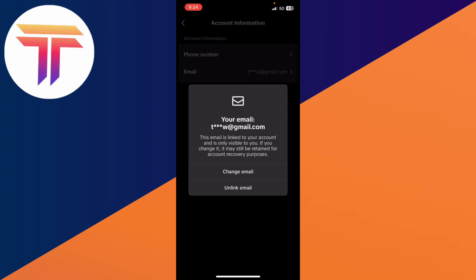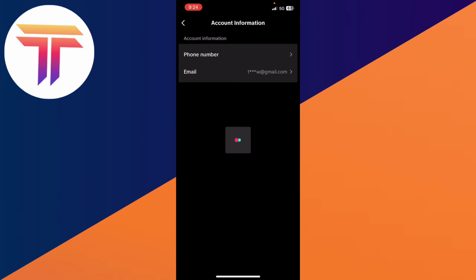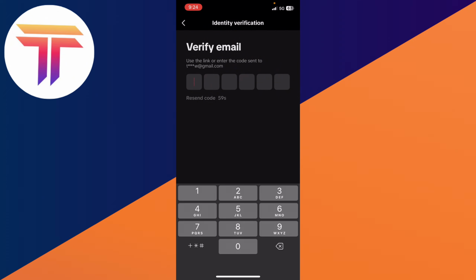So it will give you the option either change the email or unlink the email. If you want to change it, you can click on change email. So it will give you the code, send it to the email that connected to this account is 698363,